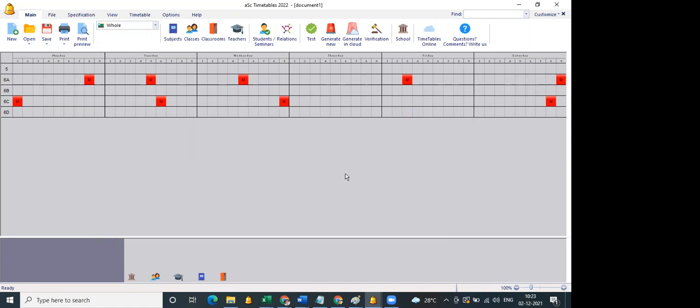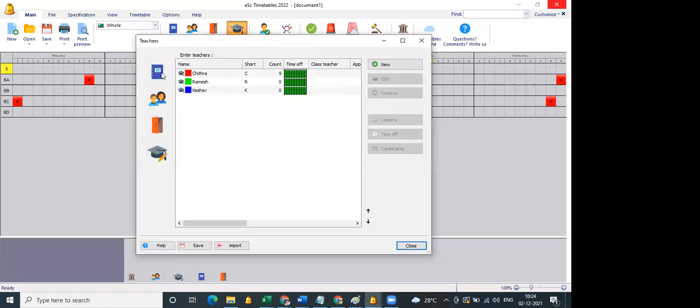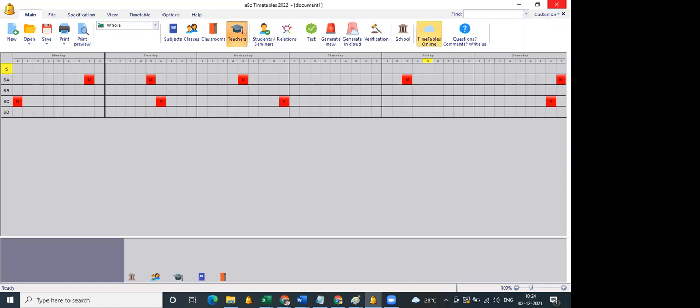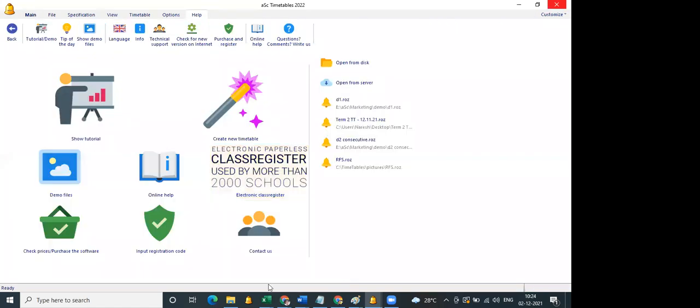So now we are moving to the Excel import. To import from Excel, the timetable data should be clean, which means there should not be any data. After importing, you can add or delete any subject or teacher, any data you can delete. But once you already have data, like now we have a few teachers and a few classes, you cannot do an import. So I just close this and I go to Excel.